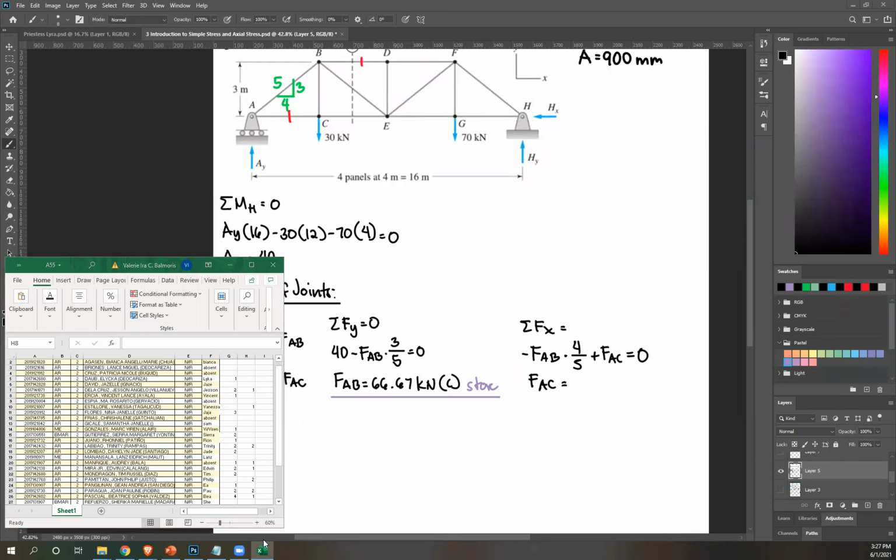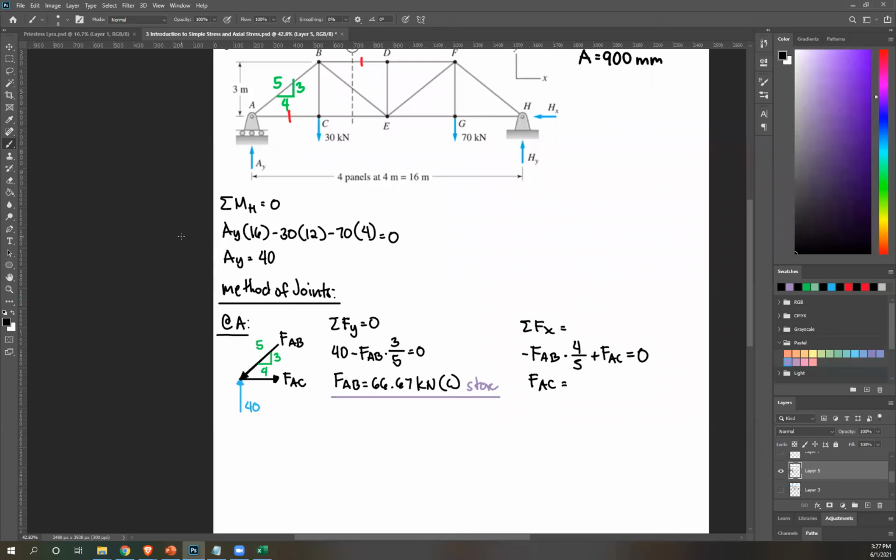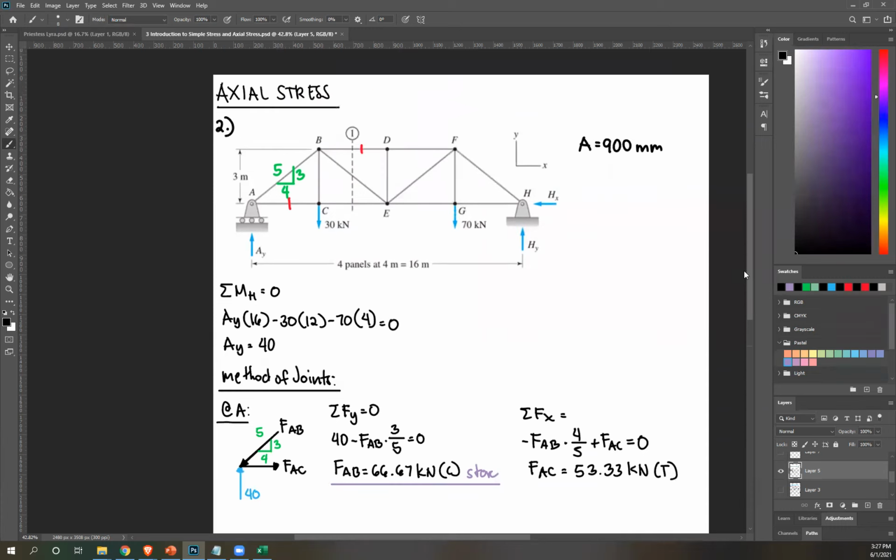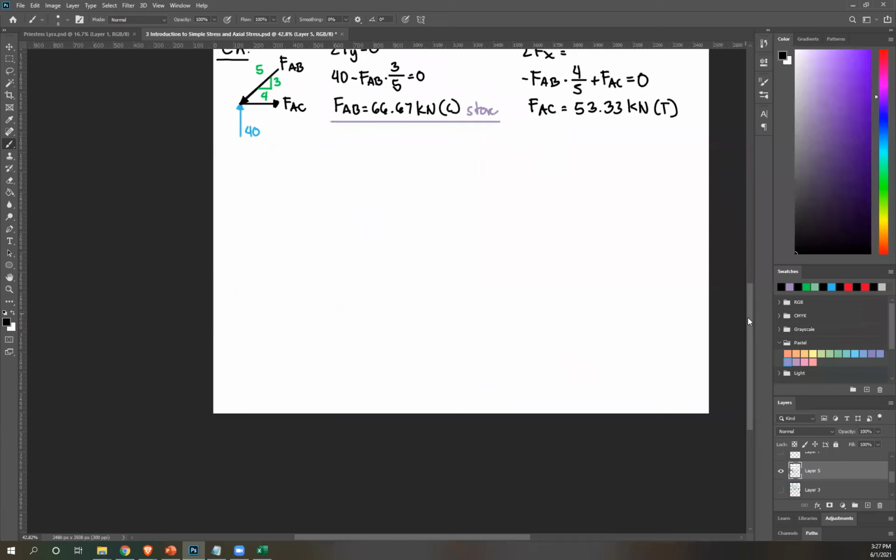Okay, it's 53.33. If you use the stored value, it would be 33. Okay, kilonewton, positive, therefore correct assumption, this is tension. Now that you know its force, you can now solve for its stress. Okay, remember we're looking for stress in FAC. So stress